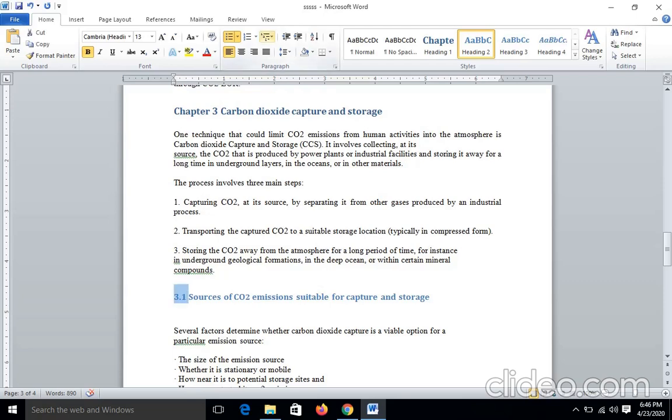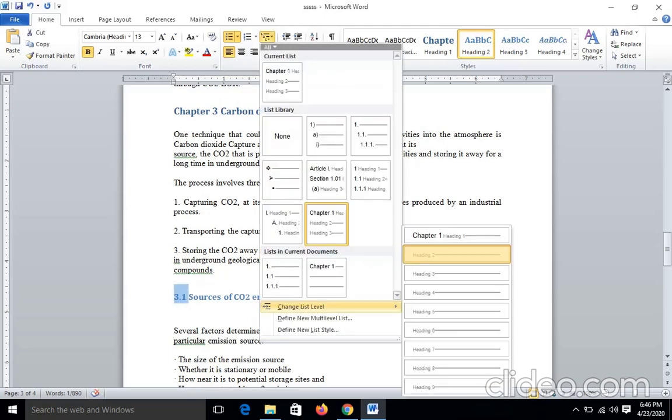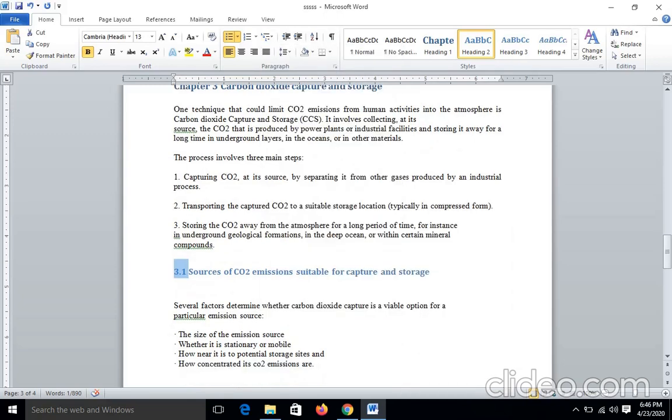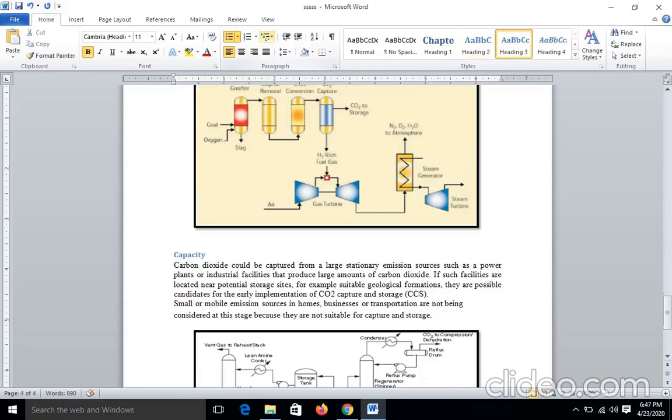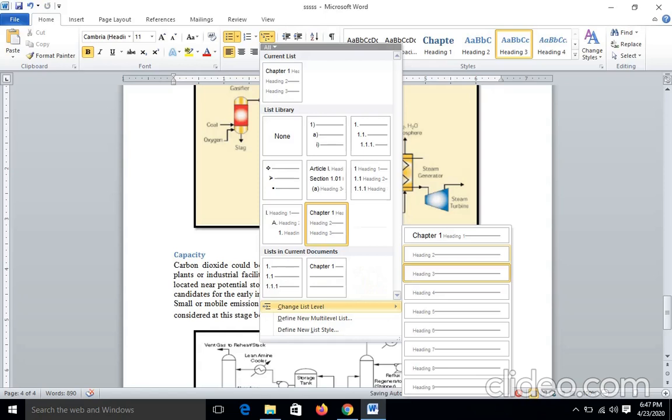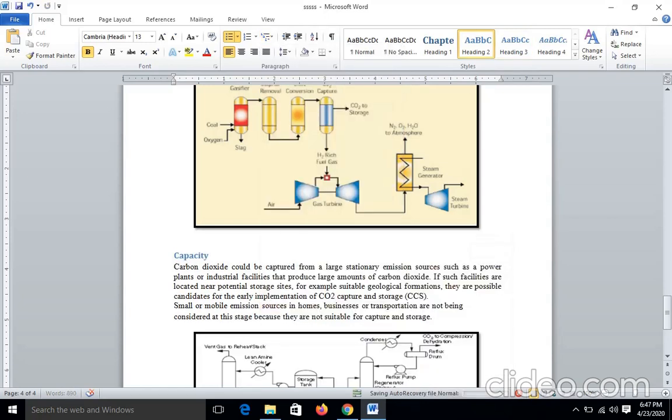I am going to select that, and then I am changing the list level to heading 2. Likewise, again I will allot 3.2 and set it as heading 2. So heading 1 is your chapter, heading 2 is the sub chapter.